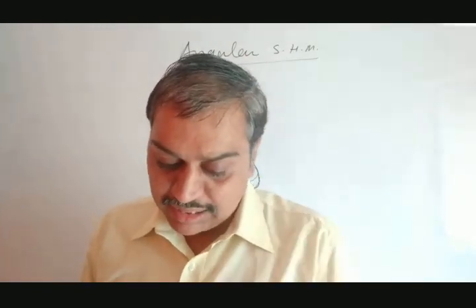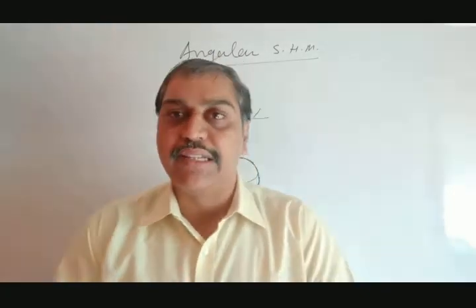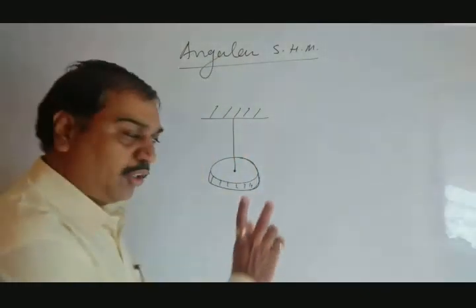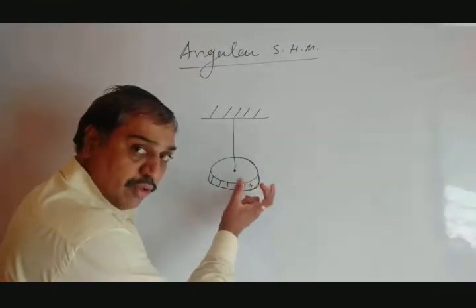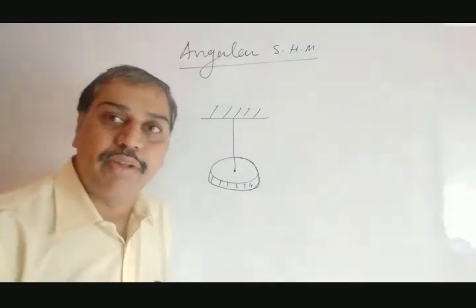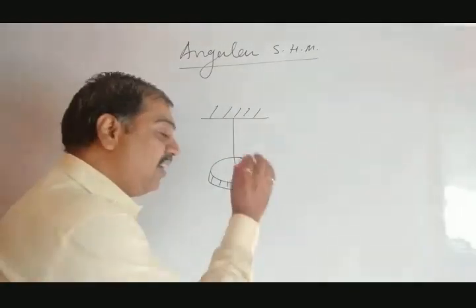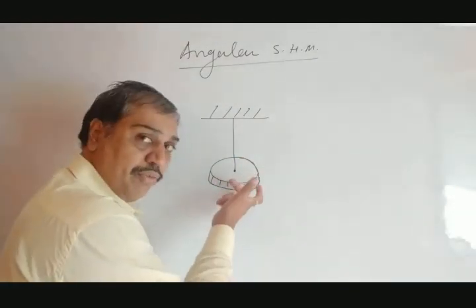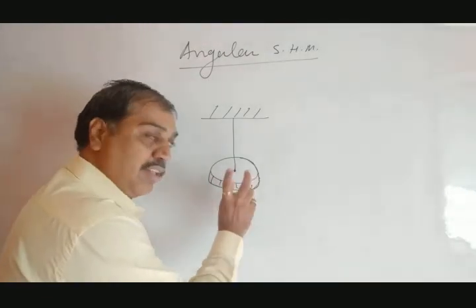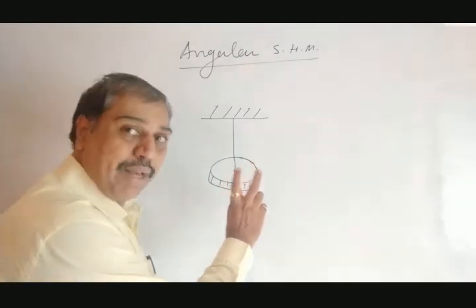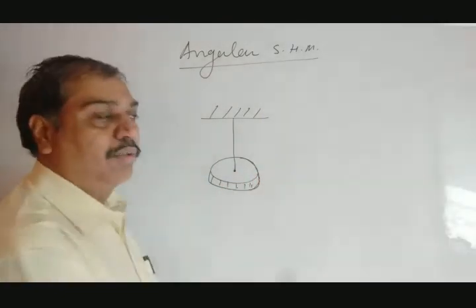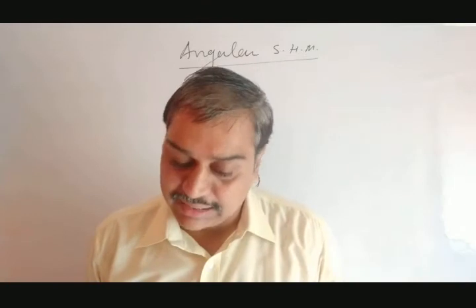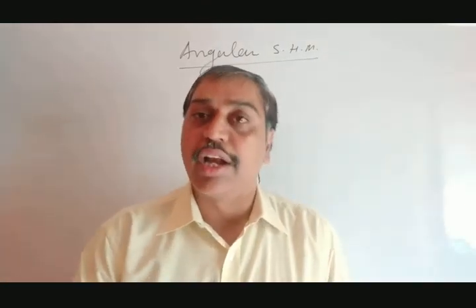Apart from this, let's start with the equation of angular simple harmonic motion. Before going into this, when we twist the disc and release it, it tries to come to its original position. Why? Because some restoring forces are created internally, and those restoring forces try to move the disc to its original place. That is nothing but what? That is said to be the restoring torque.